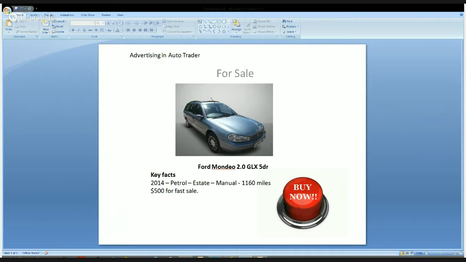But let's leave it in Auto Trader, because eBay, I think, have some sort of system where they guarantee you cash. I don't know a lot about eBay either, but I think they do. I don't think Auto Trader would. That's between me and you. No, you wouldn't click the buy now button.